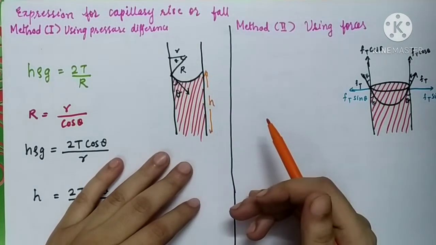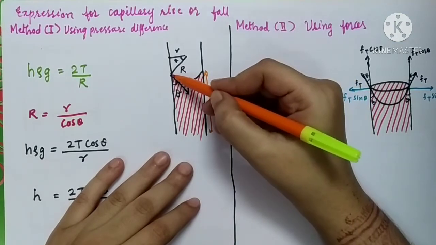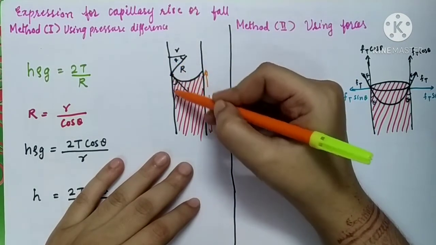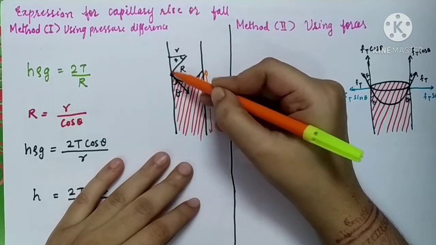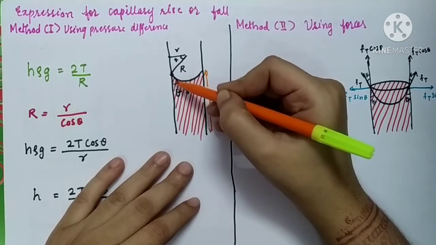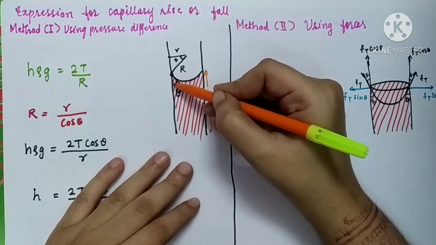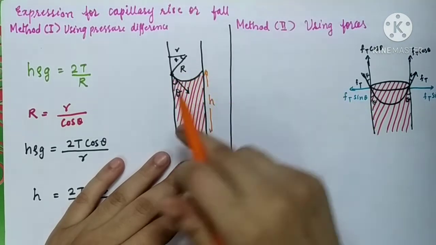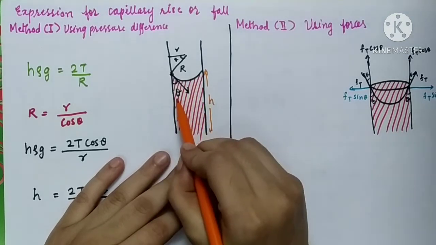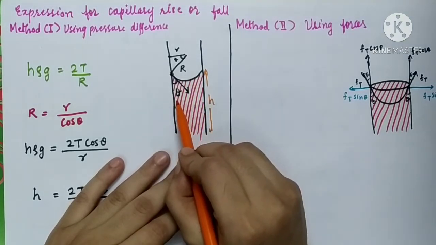Then similarly, when we draw a tangent to the liquid surface at a point of contact with the solid, as you all know that this is a solid line over here, we have drawn a tangent at a point of contact, and the angle which is measured inside a liquid, you all know it. What is it called? It is called the angle of contact. So this theta represents the angle of contact over here.